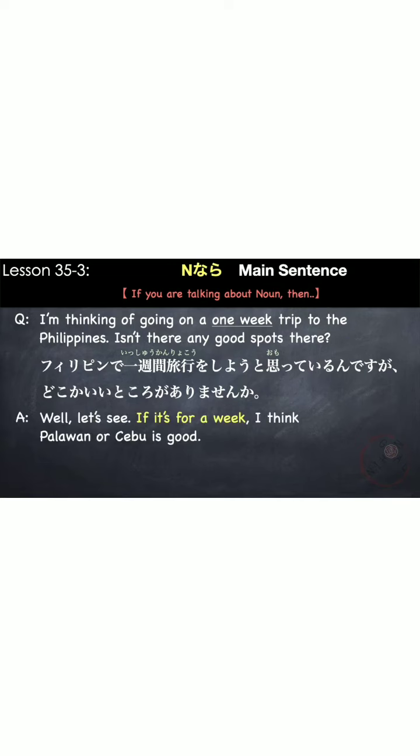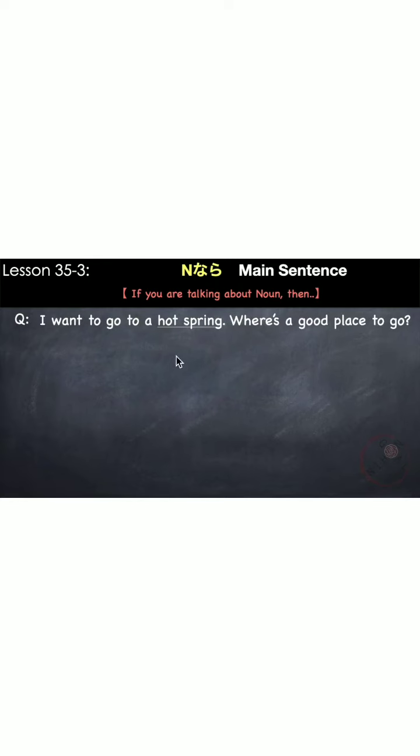And the other person or the listener might say, well, let's see. If it's for a week, so here, the listener wants to talk about if you're staying for a week, then he will give some information. I think Palawan or Cebu is good. 1週間. So this is our topic. そうですね。1週間なら. So if you're talking about staying for a week, the information is Palawan ka Cebu ga いいと思います。そうですね。1週間ならパラワンかセブがいいと思います。